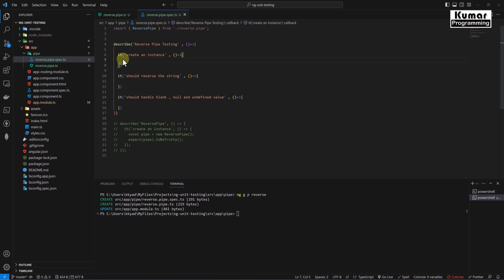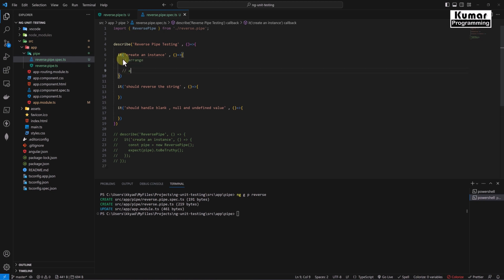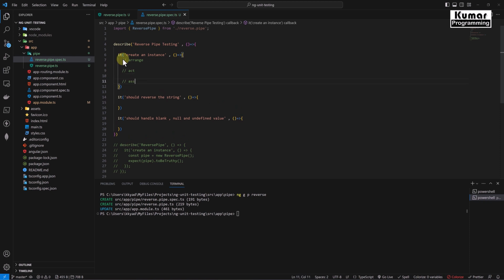Okay, now let me first arrange, second one is act, and third one is assert. Okay, now in the arrange basically we are arranging the mock data. We are not going to work with the actual data, so basically we have to provide the mock data, mock information. On the basis of that we are going to write the test cases. So in the arrange section we are not required any mock